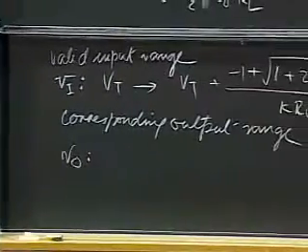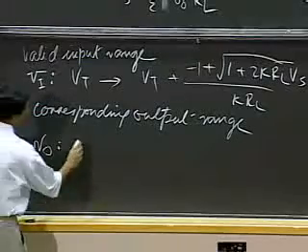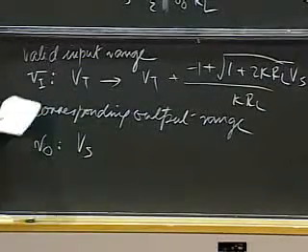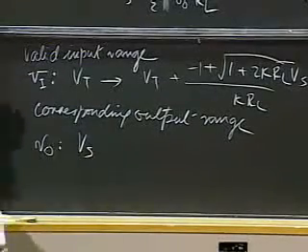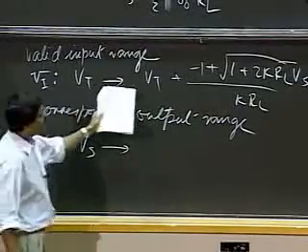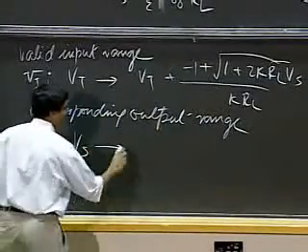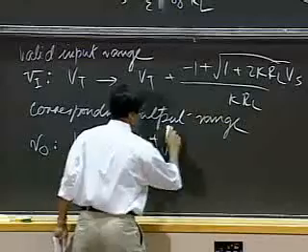I can also write the corresponding output range, and that goes from Vs, when the input's at Vt, the output's at Vs, and goes from Vs down to the input minus Vt. Which is simply minus 1 plus